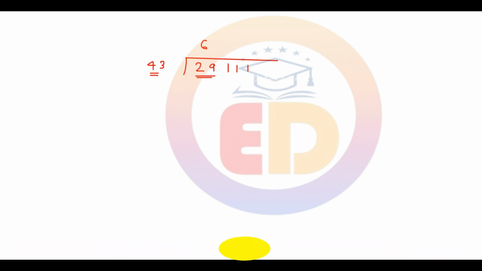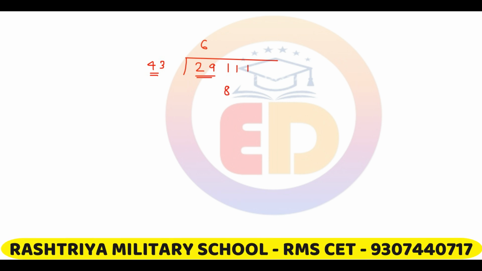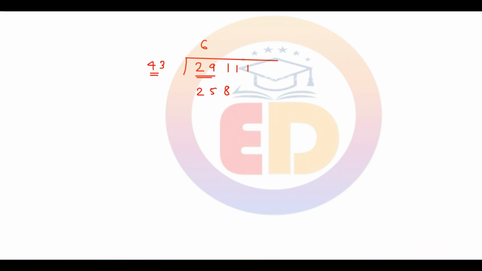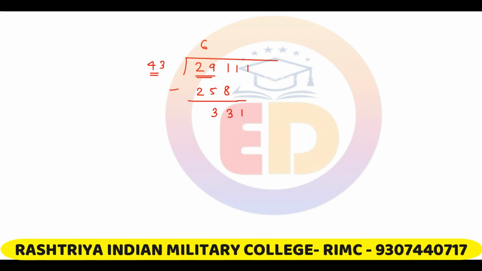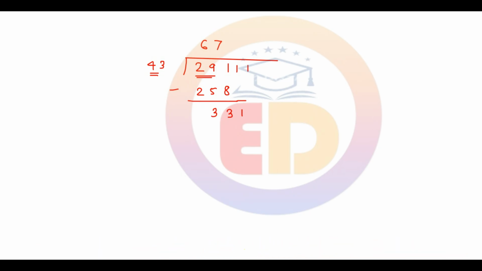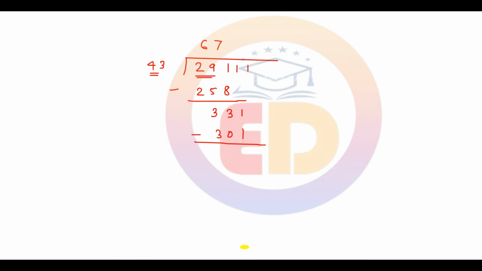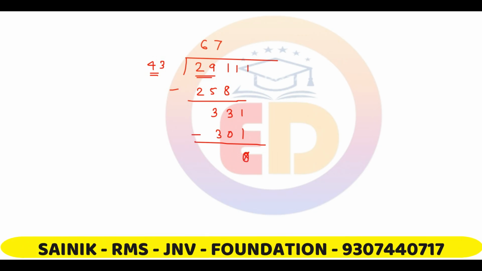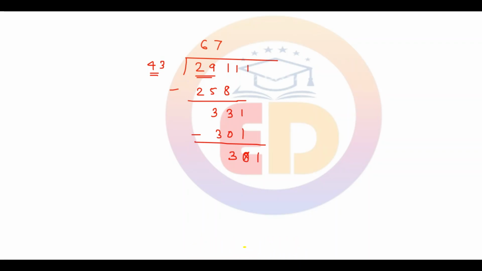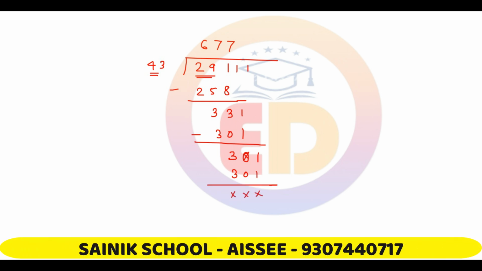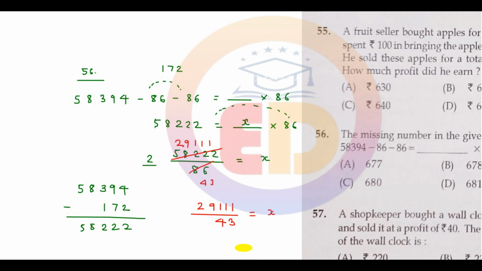43 6 जा, this is 8, this is 25, 258 माइनस करेंगे, this is 3, this is 3. Let's take the 1 down. 43 7 जा 301, subtracting, this is 0, this is 3. Take the 1 down. 43 7 जा 301. So again my division is complete, and this will give me the final answer as